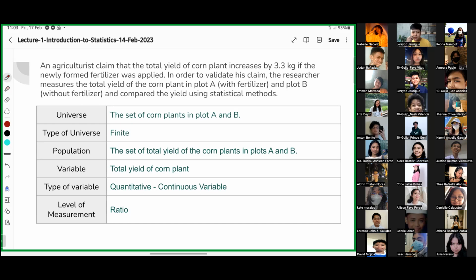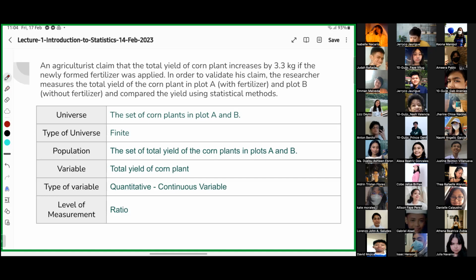So, actually, nung una ko ito nabasa, sinearch ko pa kung ano yung, paano kino-compute yung yield sa corn plants. So, actually, di ba pag corn plant, meron siyang, ang isang plant, ilang corn yung lumalabas? Meron ba may alam sa inyo? Ilan usually? Di ba hindi naman siya 1:1 ba yun? Parang hindi, no? Parang isang corn plant, madaming pwedeng corn dun sa isang plant. Stock ba ang tawag dun? Yeah. So, actually, hindi ako sure.